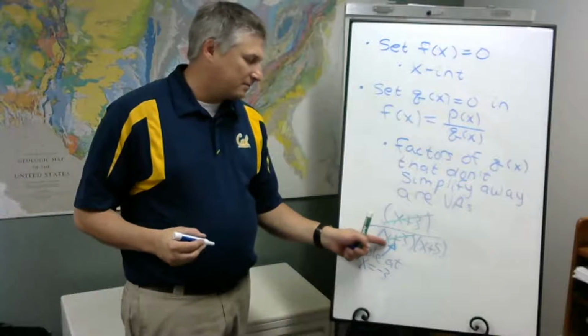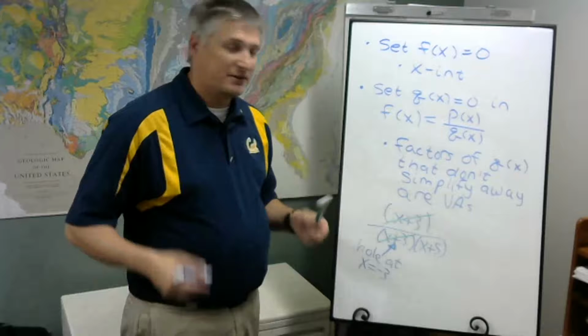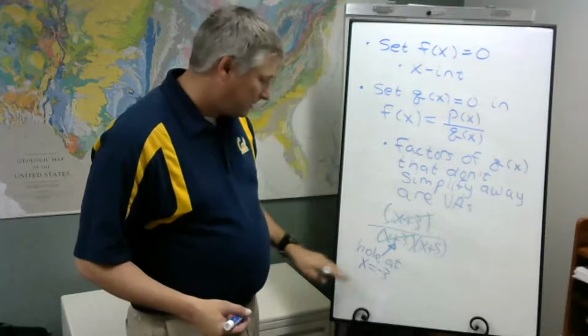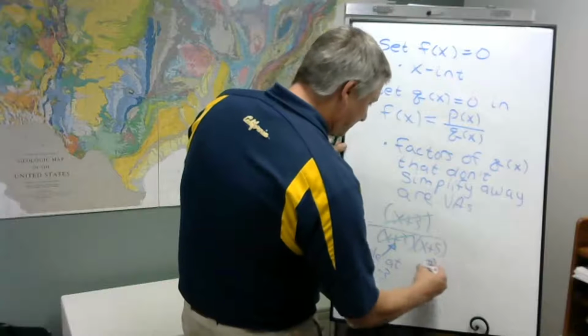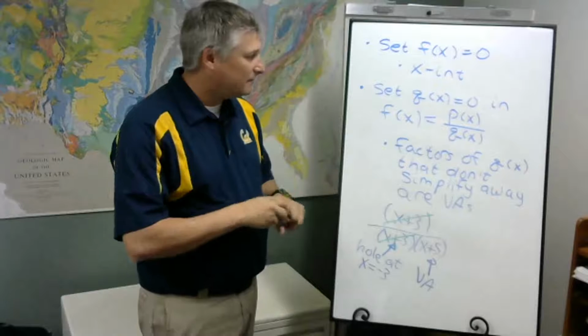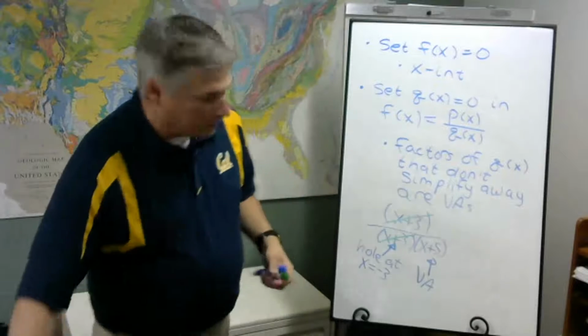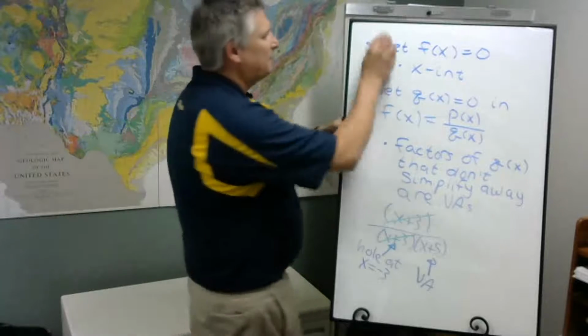When the factor that goes to 0 or could cause a division by 0 cancels out, it simplifies away. We get a hole with this factor. But the one that doesn't simplify away, that becomes a vertical asymptote. So we're going to look for these vertical asymptotes. We're going to look for these x-intercepts. And then finally,